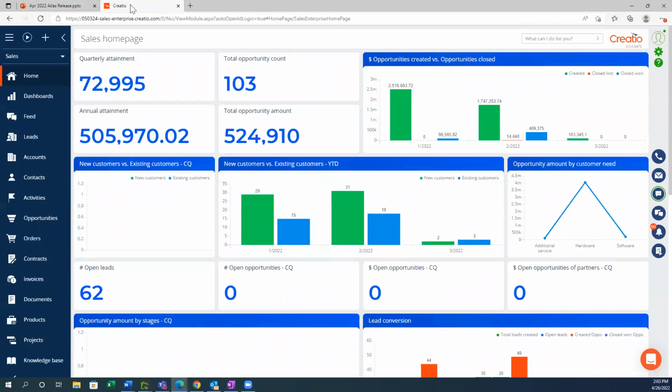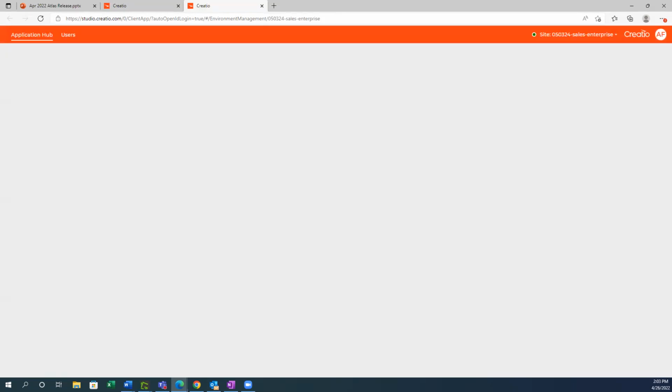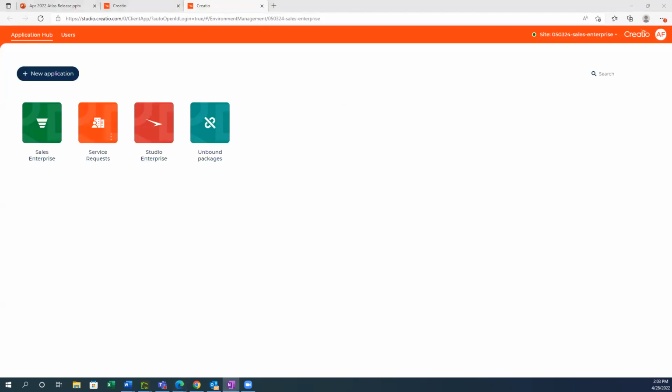So you'll see the Creatio homepage when you log in as usual. The new Application Hub is in the settings gear icon, and you'll see that selection added there. So let's go to Application Hub. So when you're in the Application Hub,